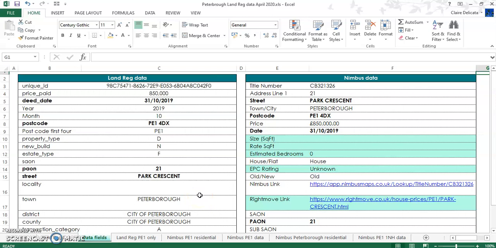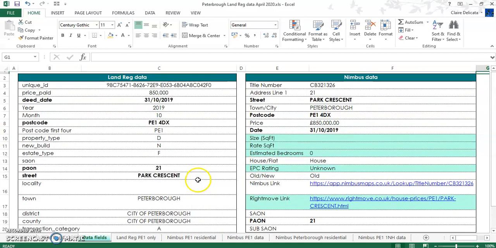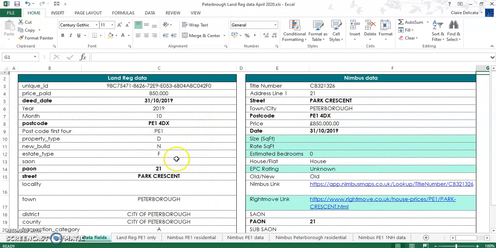And a lot of the fields are the same, things like price paid, when the transaction took place, the postcode, the street number and the street address, and so forth is in there. In the land reg data, you've also got whether it's freehold or leasehold, and the type of property. In the Nimbus data, you've got the address, the street, the postcode, the price